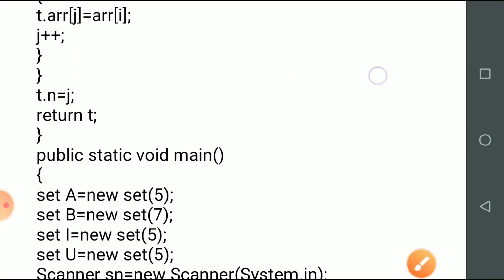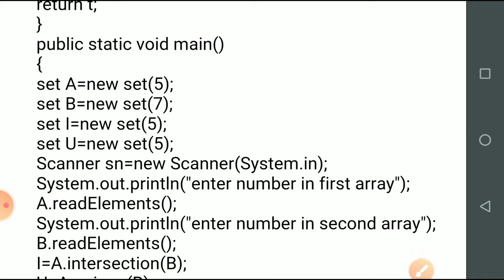Now, in this example, we have created 4 objects.